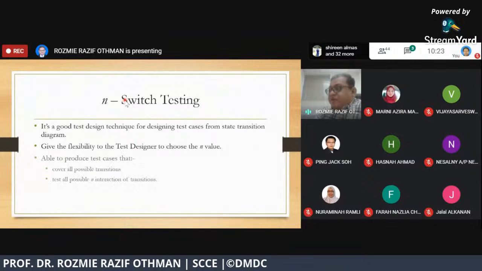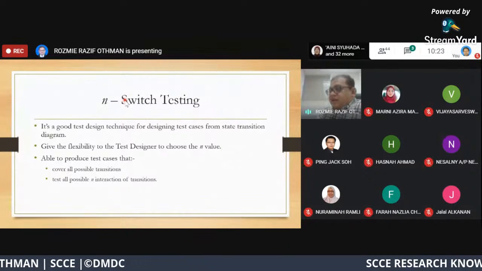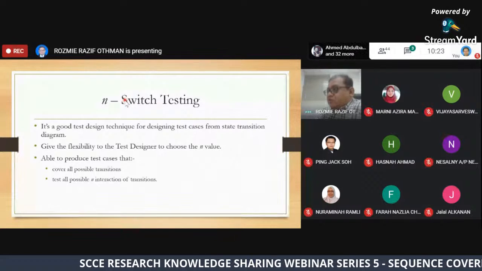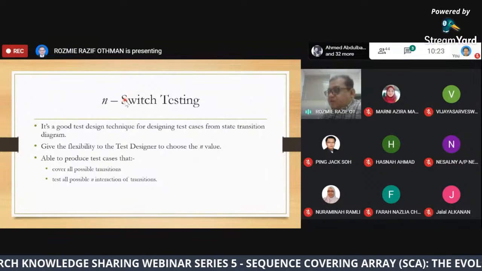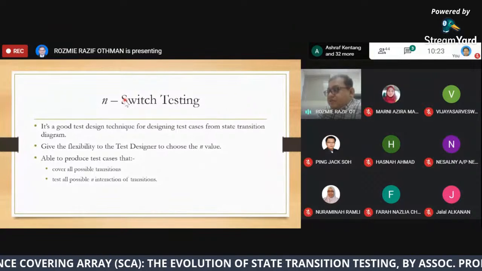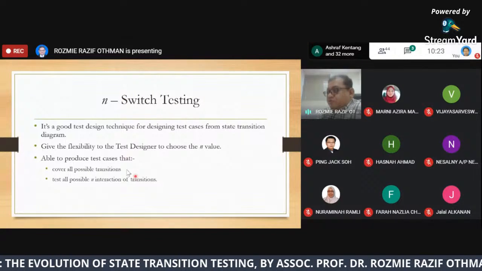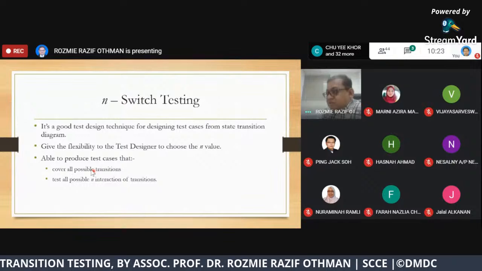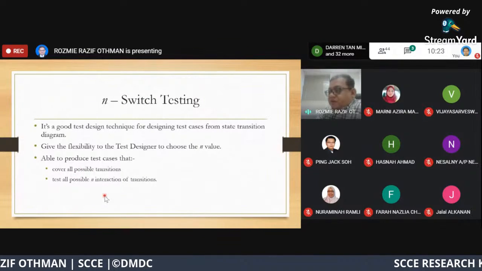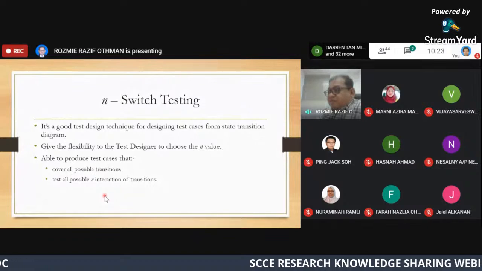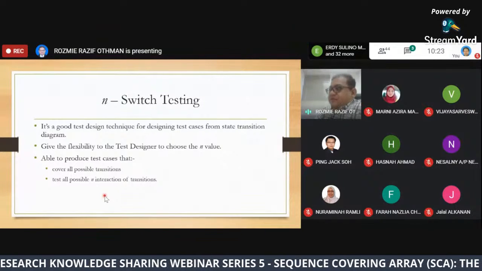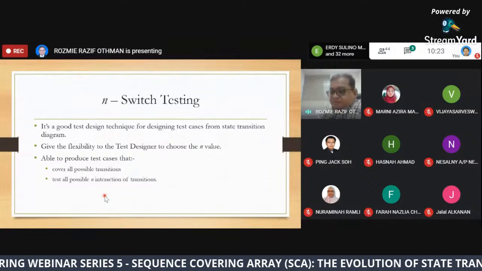We give the flexibility to the test designer to choose the N value, whether we want one switch testing, two switch testing, or three switch testing. It depends on the test designer. So it is able to produce test cases that cover all possible transitions. Okay, test all the possible N interactions of transitions. And of course at the same time, all states will be covered by the tests as well.